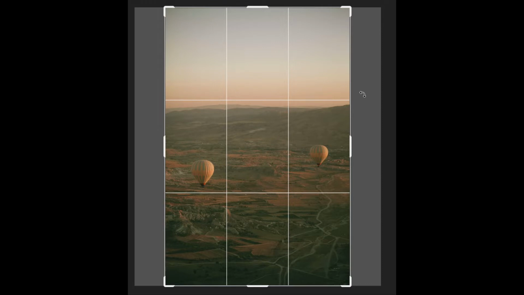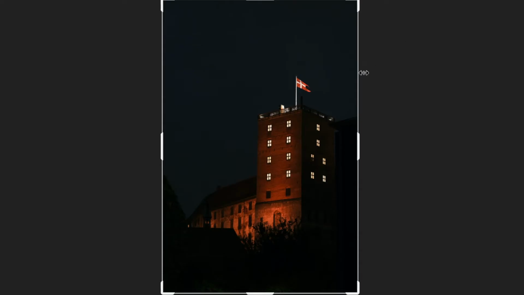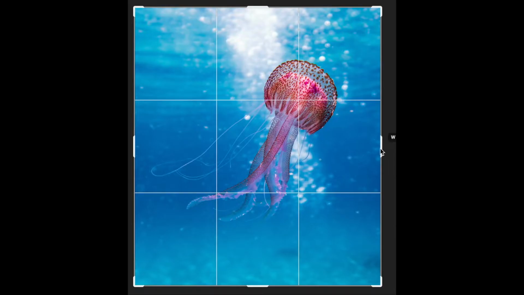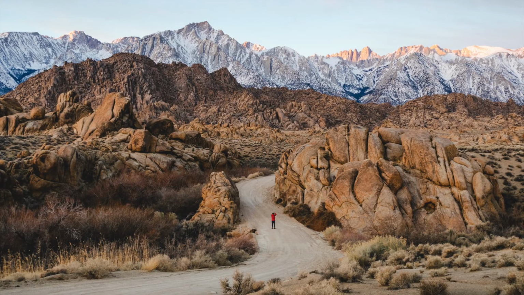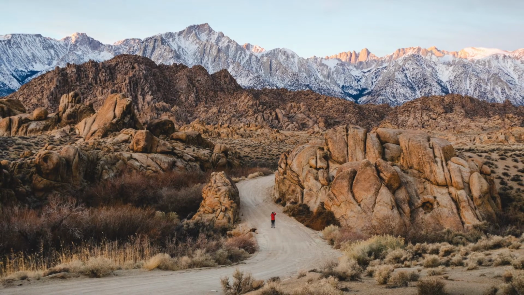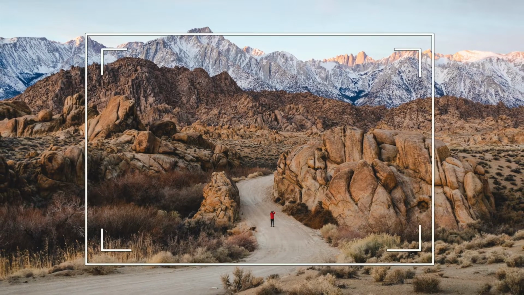these examples. Or if you have a particular subject you want emphasis on, you are going to put it on one of the vertical lines, or you're going to put it on one of the intersecting points. The most important part of your photo or painting should be on one of the intersecting points where it makes a little cross. So if you can imagine you're looking out at this landscape through your camera and you see